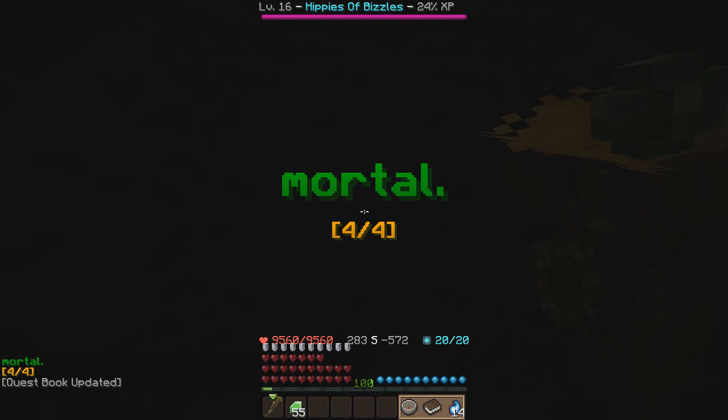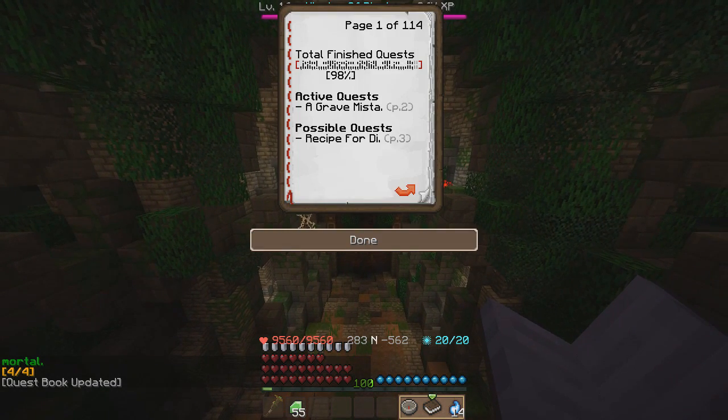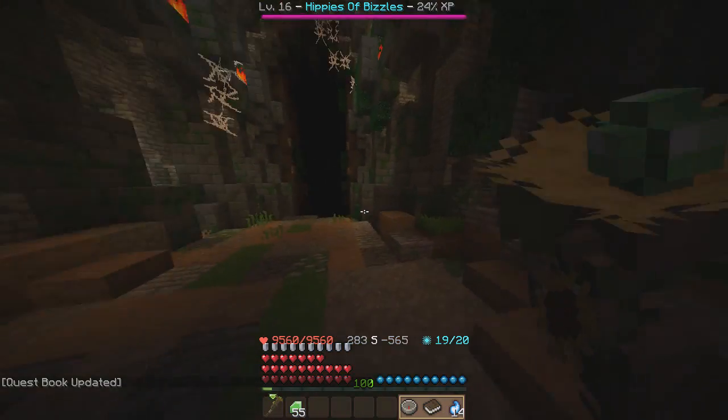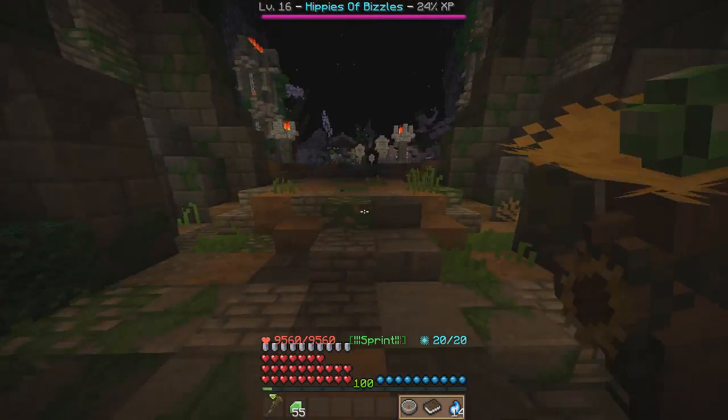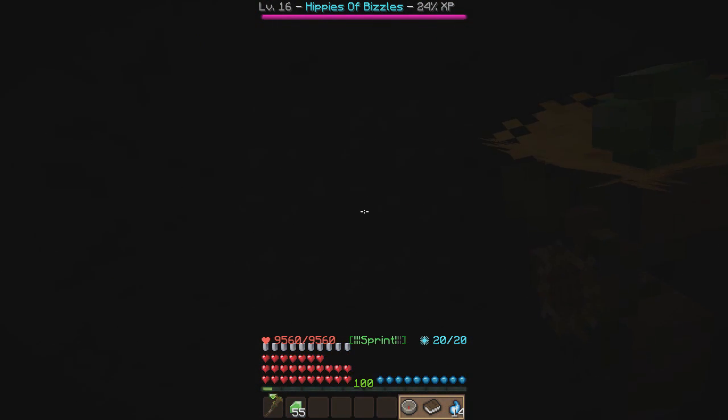So there once was a man who helped the spirits pass on. However, he was still mortal. And you see this door right here opening in a cutscene. Your quest book updated, but not really anything in there. So you're going to go through the door now that has opened up, and it's going to teleport you into